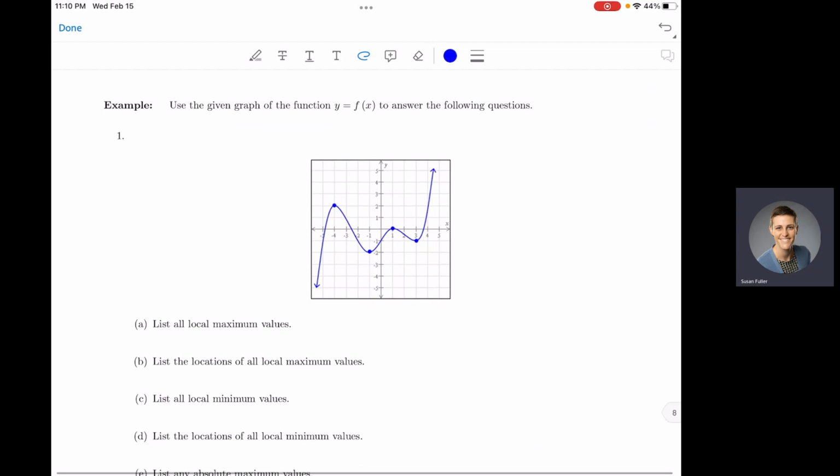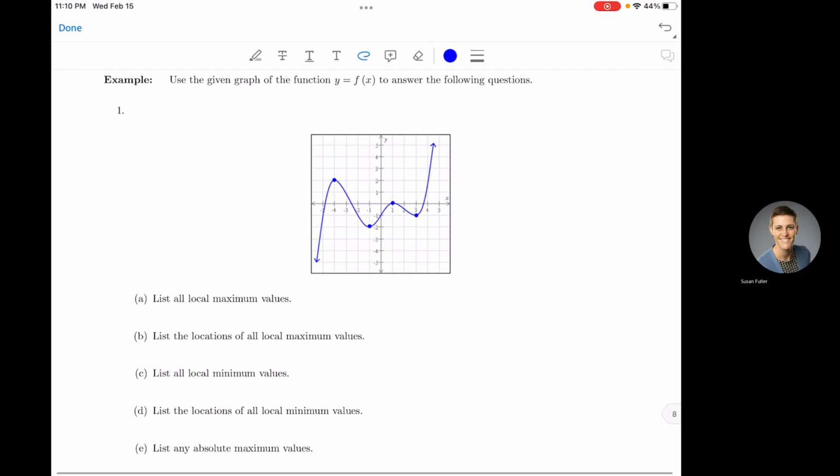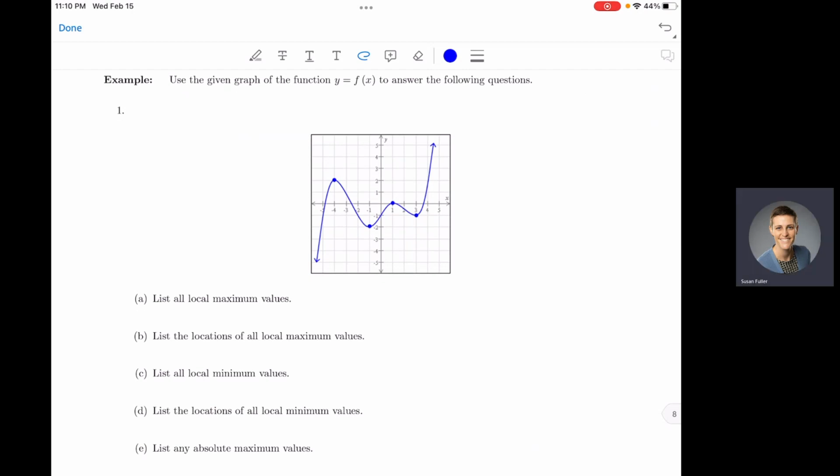So I have an example here where I have a graph. This is the graph of f of x, and I want to (A) list all local maximum values and (B) the location of all local maximum values. Now, the thing that's going to be confusing about this in ALEKS is whether it's asking for the x values or the y values. As a rule,